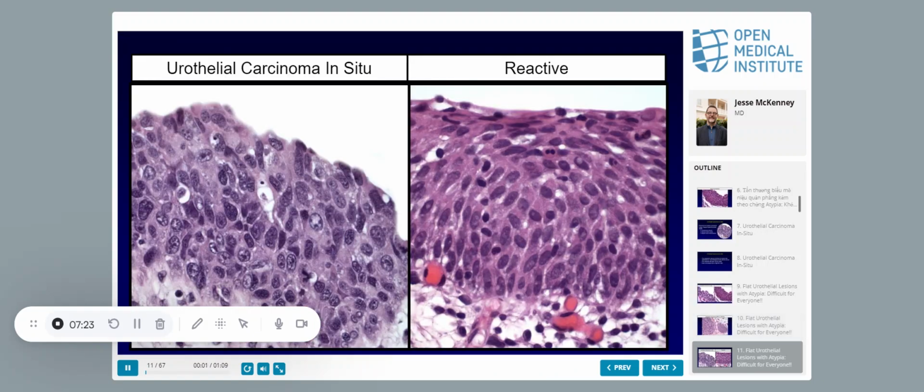Okay, so a couple more side-by-sides. The one on the right, to my eye, is reactive. Again, there is some variation. Normal urothelium is always strange looking. But for the most part, some are still elongated. The chromatin is relatively fine. Again, it depends on how thick the section is. Over here,